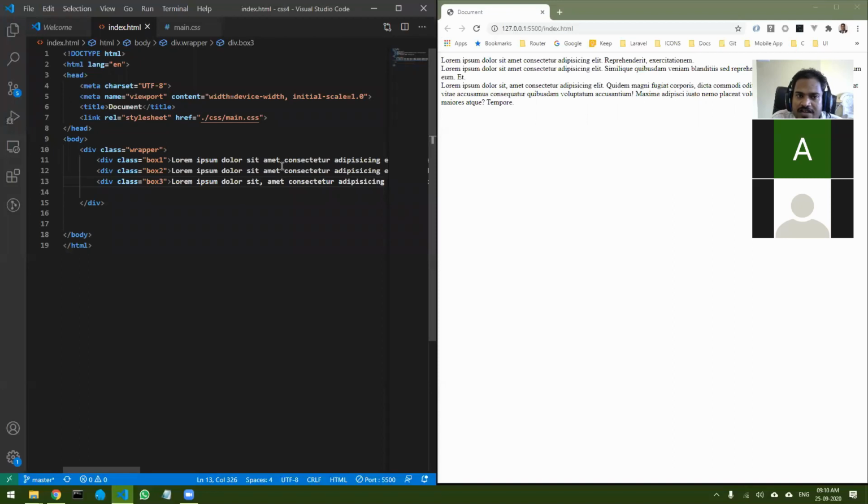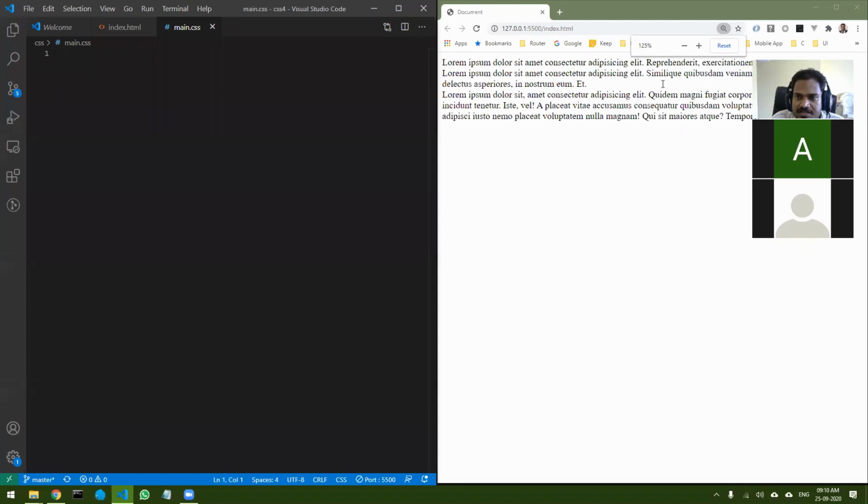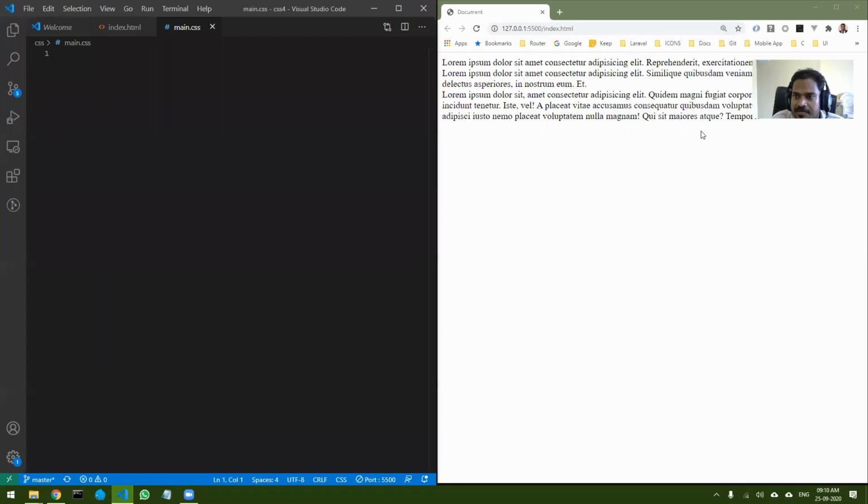So now let's see how to style this. Now styling, whenever you start your styling part. Let me just zoom it a little. So whenever we want to style or start the layout, always, last time also I have mentioned, always start with this.